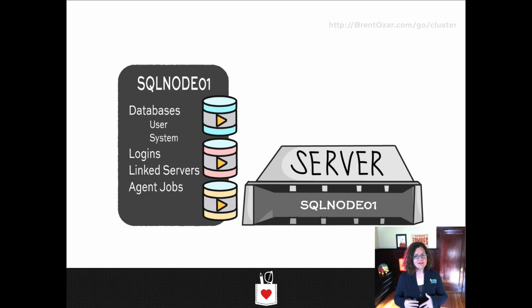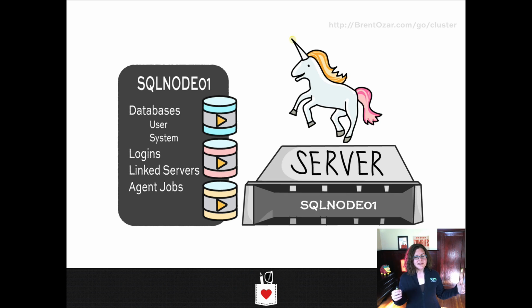We normally have, if we don't have failover clustering installed, if we just install an instance in a normal way, a SQL Server instance that's sitting on a Windows operating system that's on a physical server. So here you see SQL Node 1 is a server, and there's just one instance that's sitting on that server. Pretty normal, right? The databases are available on the instance, customers are accessing the data, everybody's happy, things are working, things are moving along,